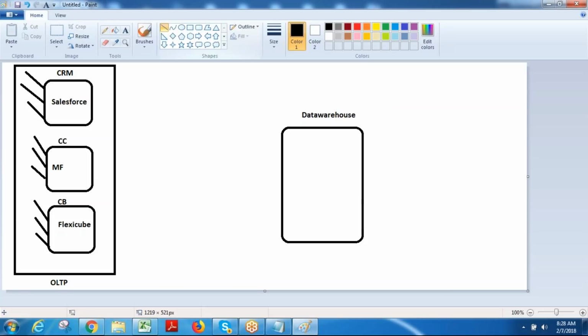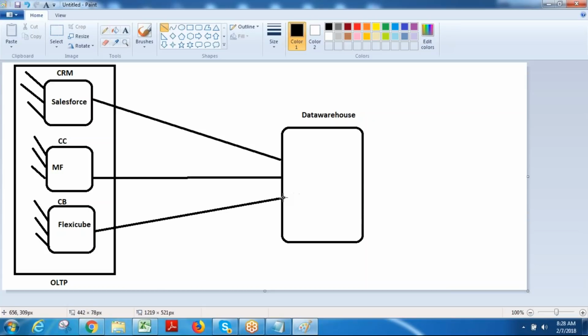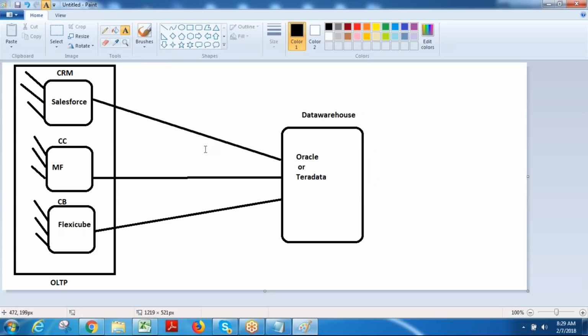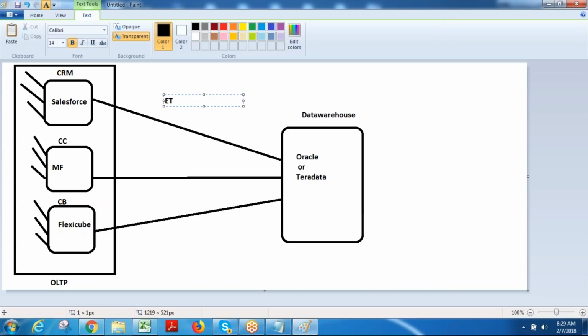So what they do is they integrate, or move or migrate, the data from all these transactional systems into a centralized data warehouse, or multiple databases it could exist. As I said, choosing the data warehouse is up to the enterprise, what they would like to use, Oracle or Teradata or anything. So this is my data warehouse. This is where the process of integrating the data from your transactional systems into a centralized database, that is called